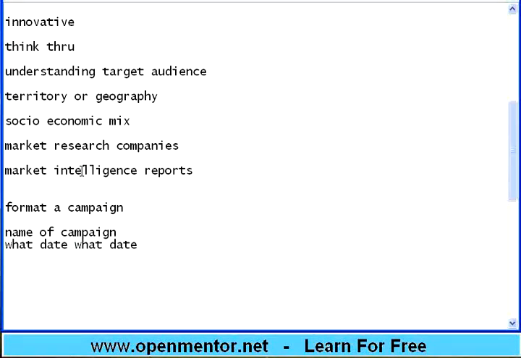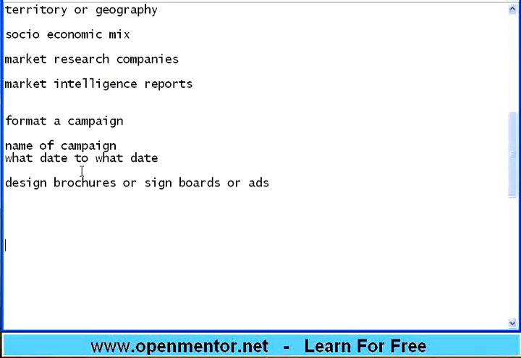Because if you use the same campaign and the same story for 1 year, people may not buy it. So you need to find different compelling reasons, right? Or compelling stories, attractive stories to attract the customers. And you may have to design brochures, right? Or signboards or specific ads, print ads, right? Even designing will be done. There are exclusive companies which can do ad design.